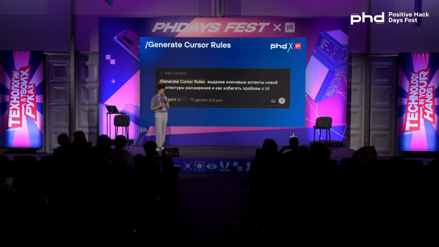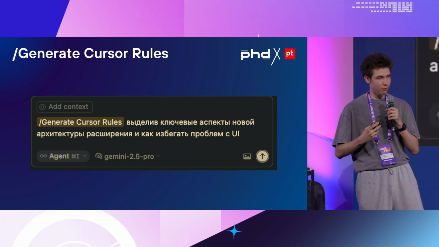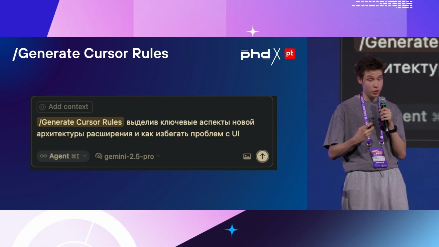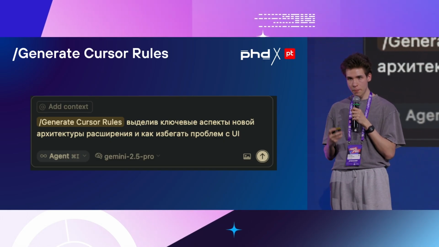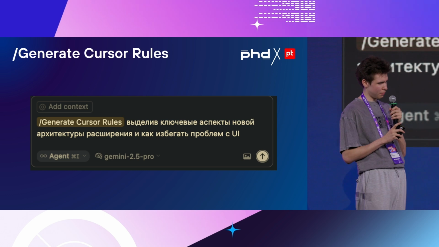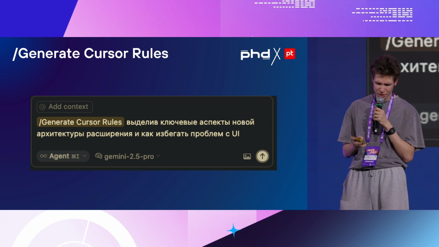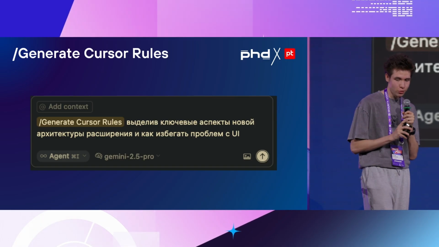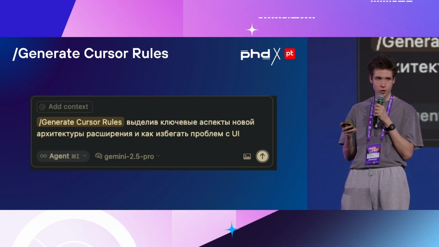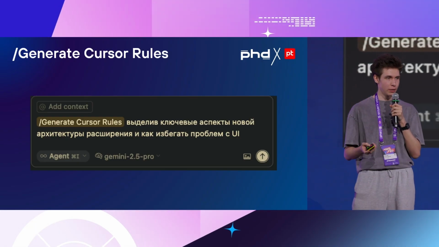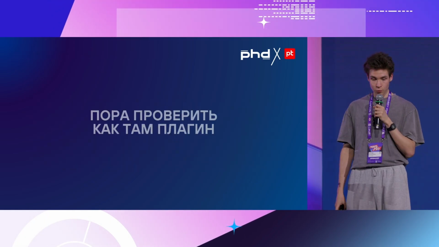Now, what if you are lazy? You don't want to develop the rules on your own. So imagine you've been arguing with the model for 30 minutes and you have an idea about what your project is going to look like. Then you can do generate cursor rules and tell it the kind of rule you want to have. Like, I've talked to the model, and then I say, cursor, we've had this discussion. Please identify the key aspects of the new architecture and tell me how to avoid UI issues. And I previously spent like 4 hours arguing with it because I didn't understand what Burp Suite was.